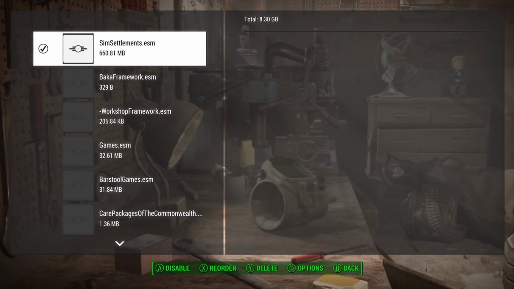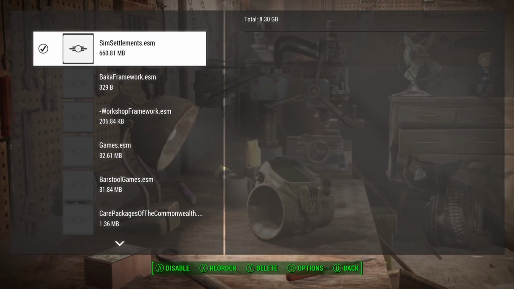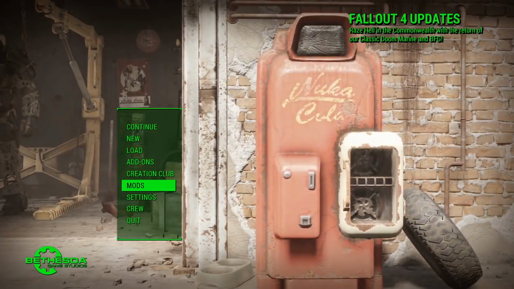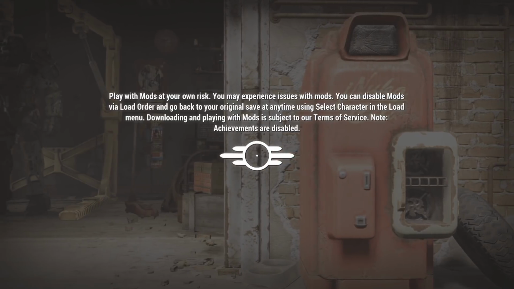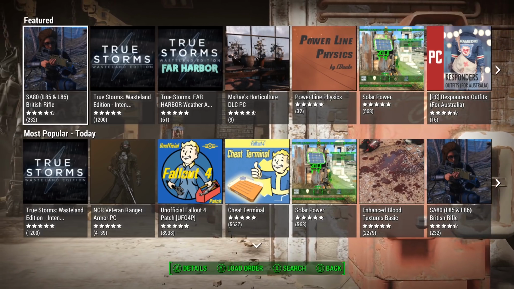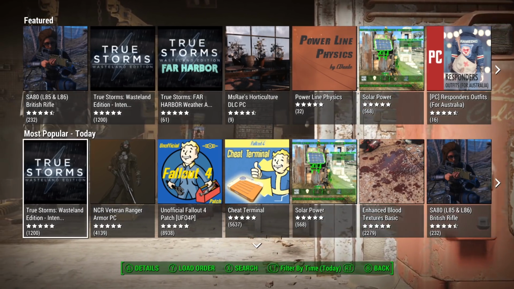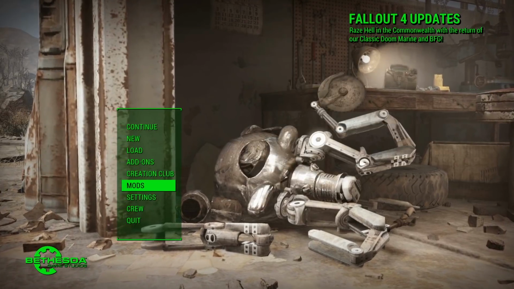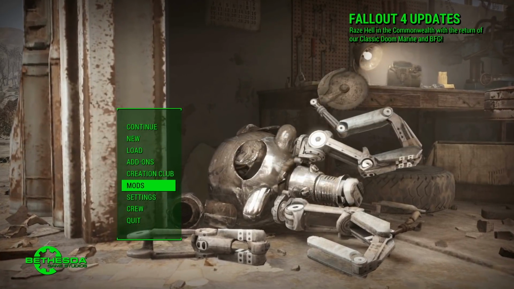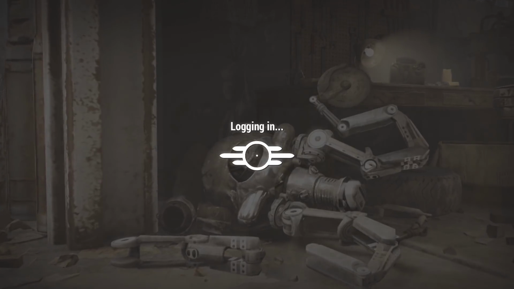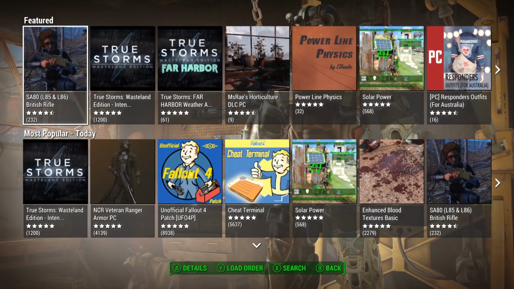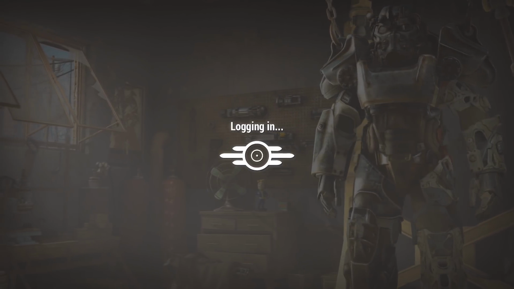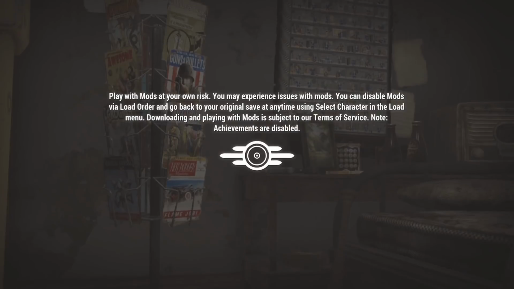All right, so the next problem I see, and this one is a bear, especially for Xbox players, is the infinite load screen bug. And this will happen after you enable certain mods. So you'll come into the mod screen, maybe you download some more mods or you update some mods, and then you hit back, and it gives you that warning about it's going to reload the mods, and then nothing happens. Or sometimes I've even seen it where even just hitting back, it just seems to get stuck. You'll get that little symbol right there, that's the Vault-Tec logo with the spinning, you'll just get that and it'll never go away.